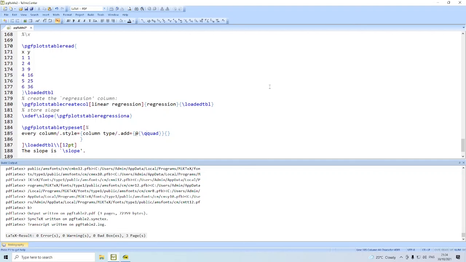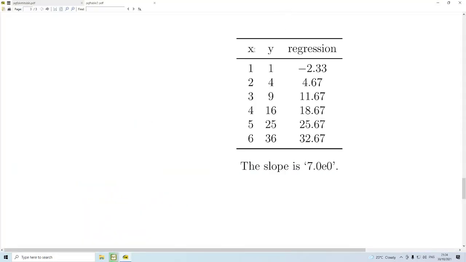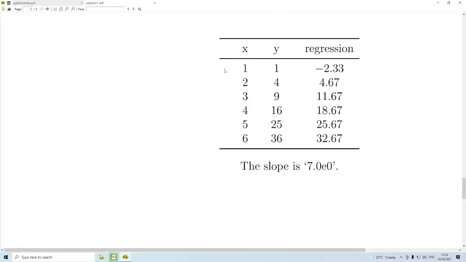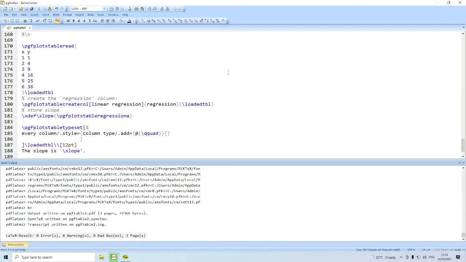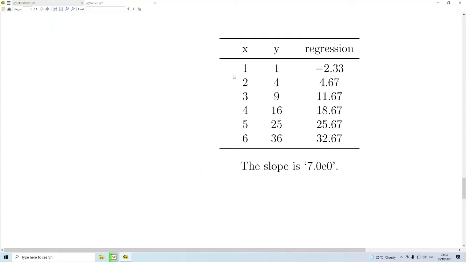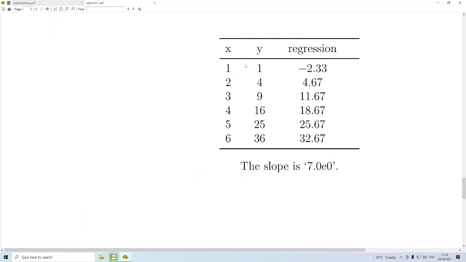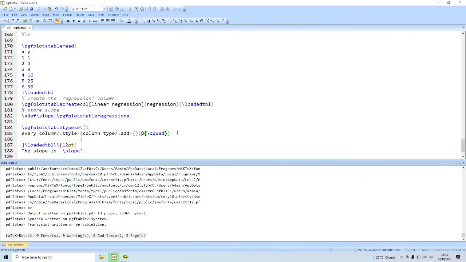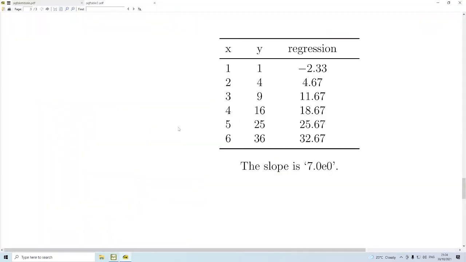Suppose we say \qquad, then you will find this space to increase. And suppose before the column we add nothing, after the column we say \qquad. This space will go, and here you will have \qquad. This way you can adjust the space between different columns in your table.